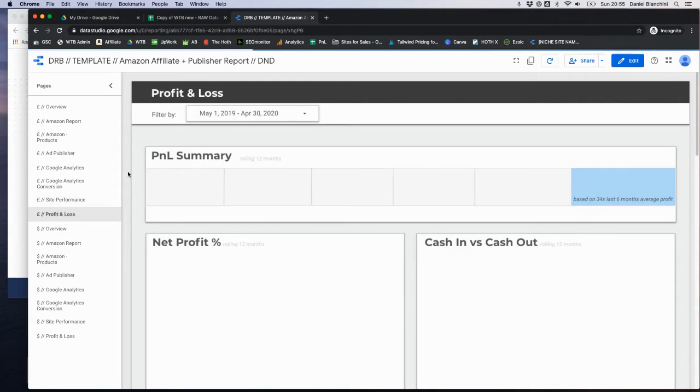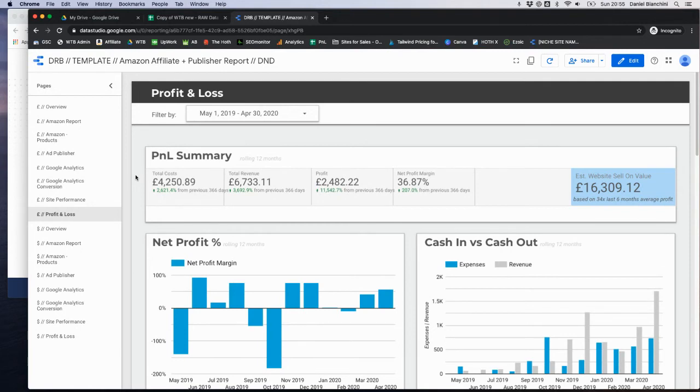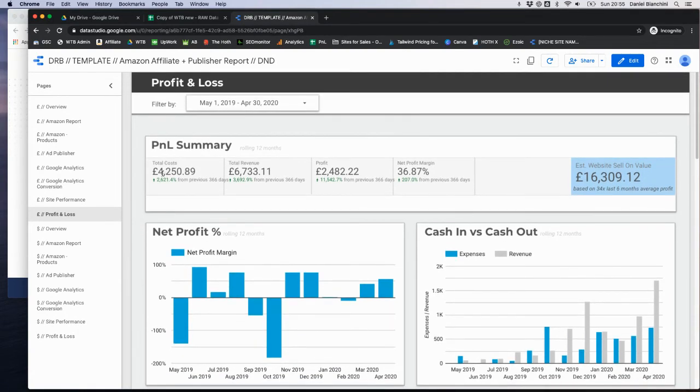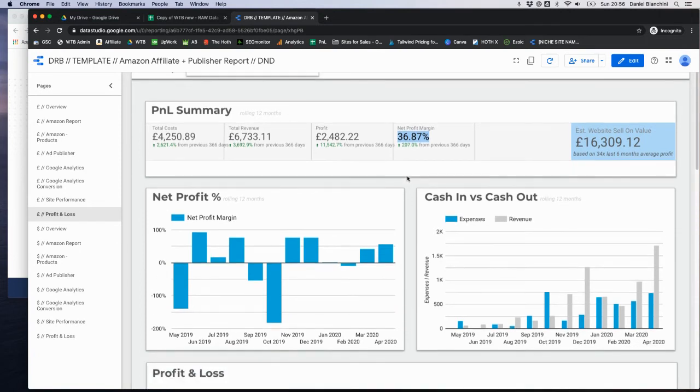And lastly is the profit and loss summary, which I think is the most important of this particular one. It's all well and good setting these things up for a hobby, but what you want to do is make sure it's all profitable. So how much have you spent, how much revenue have you made, how much profit, and then what's the net margin. This is all over a rolling 12 months, and you can see it